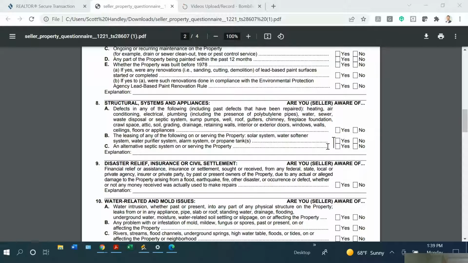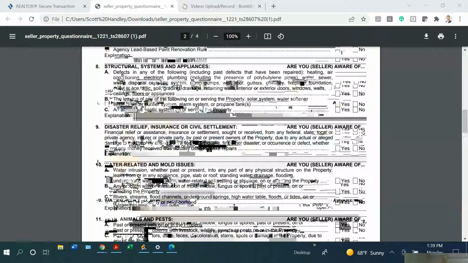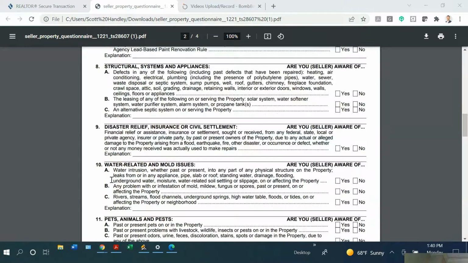So you'll mark here in disaster relief settlement, relief or assistance sought or received from federal, state, local, insurer or private parties due to damage to the property from earthquake, fire, other disaster, occurrence or defect, which was actually